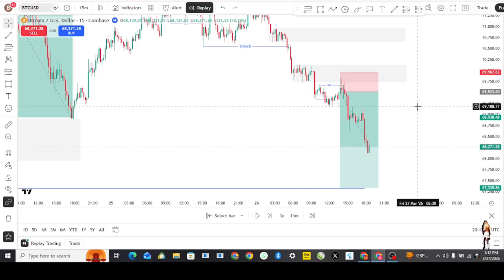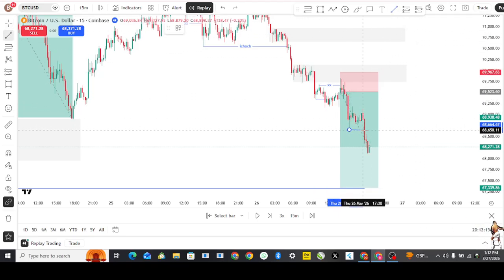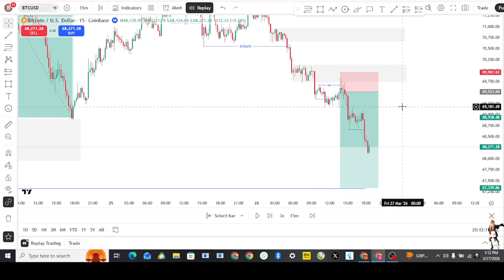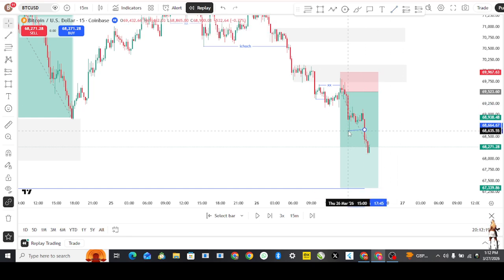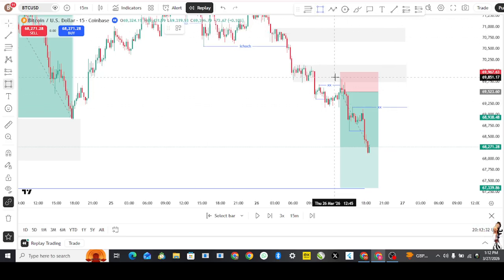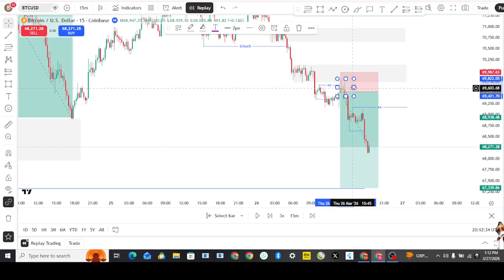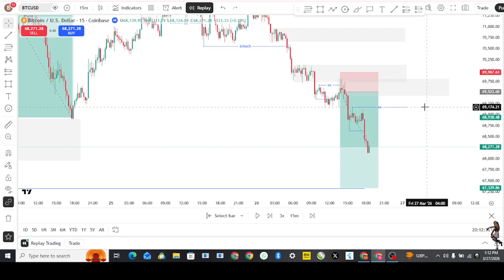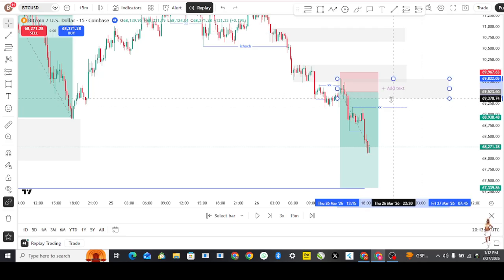All right, now at this point again, we have another close below here. Now where is our recent pullback? This is our recent pullback here, our inducement. Then where is our POI? Now this is our order block. We have a POI here. We have a POI order flow. See that we have another flow